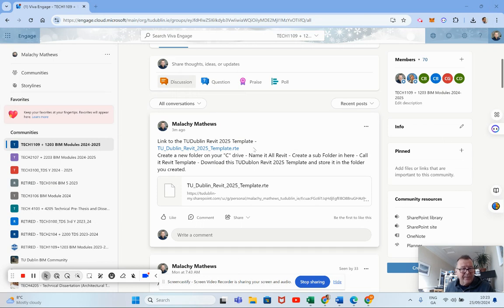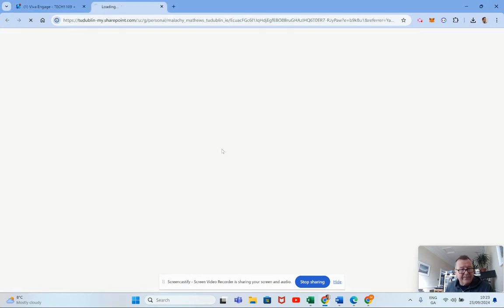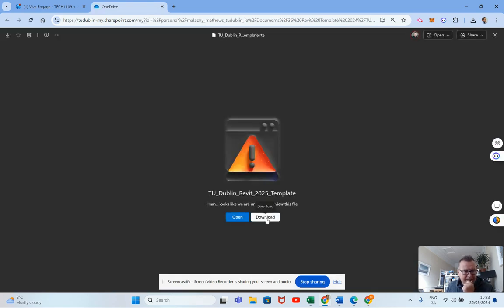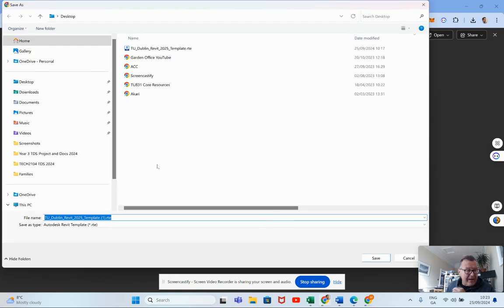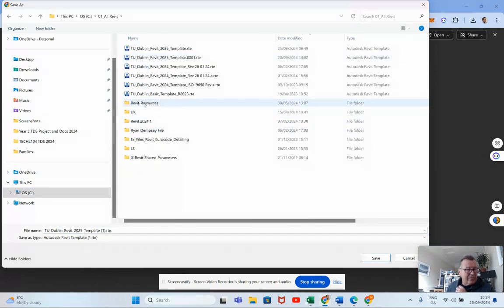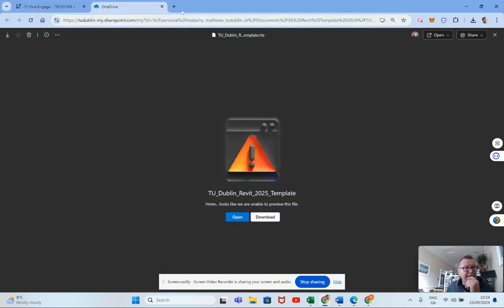When you've got that done, you click on this button here, and then it'll give you an opportunity to download. Okay, and then it gives you an opportunity to go and find your C drive, your All Revit, and then your Revit template that you have created in here, and you pop that in there. All right,